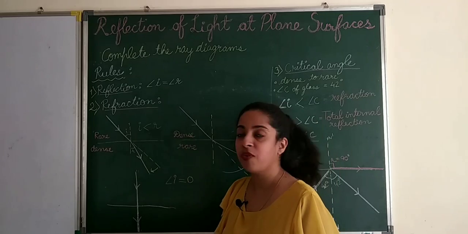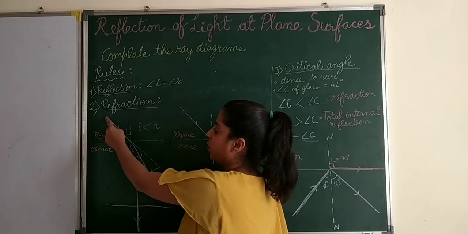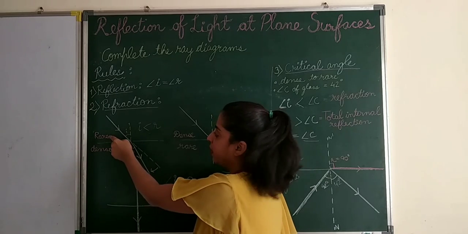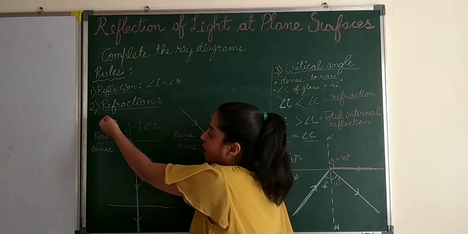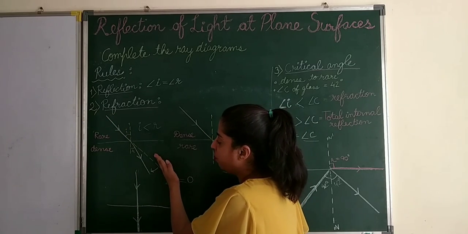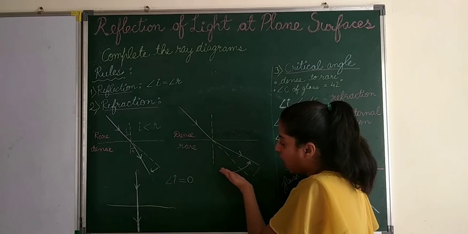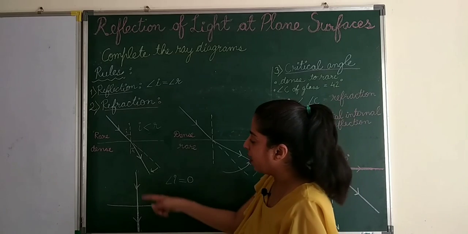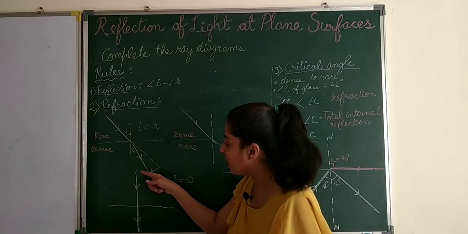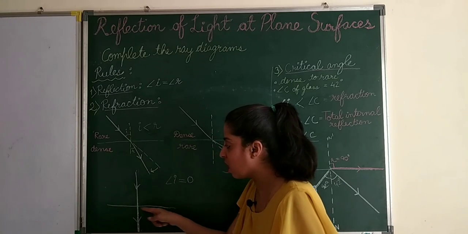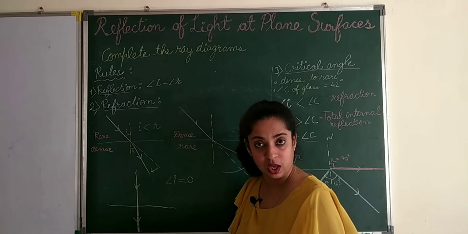Then we will follow the 3 basic rules of refraction, which are: when the incident ray is striking the surface separating the 2 mediums, whenever it is entering from rare to dense, it will move towards the normal, and whenever it is entering from dense to rare, it will move away from the normal. And when it is incident on the normal, that is angle of incidence is 0, or we can say the angle which it is making with the surface is 90, in that case, it will pass straight without any deviation.